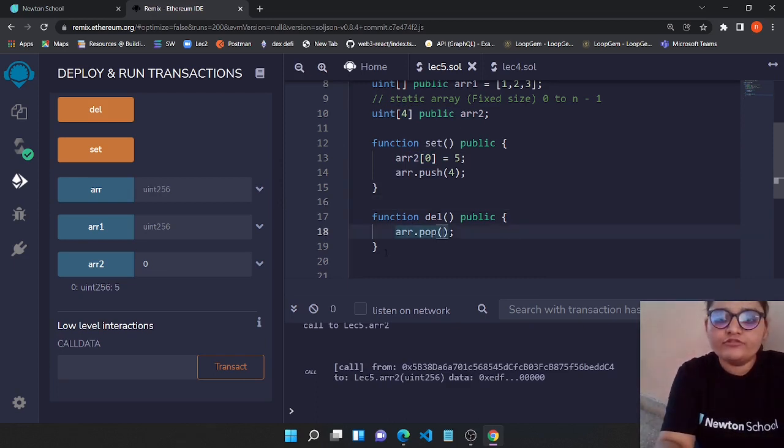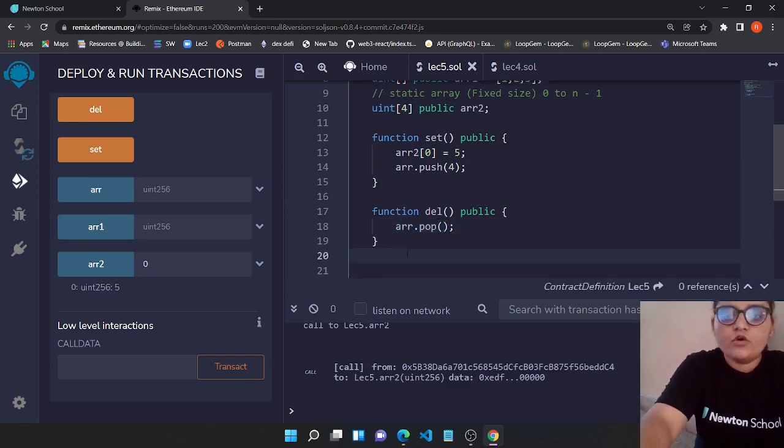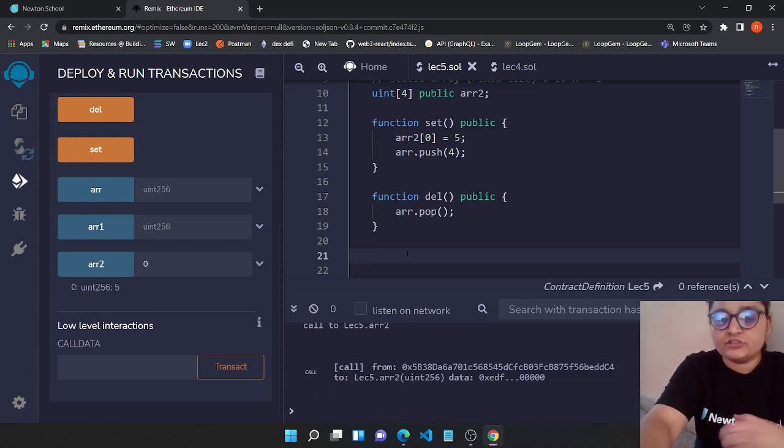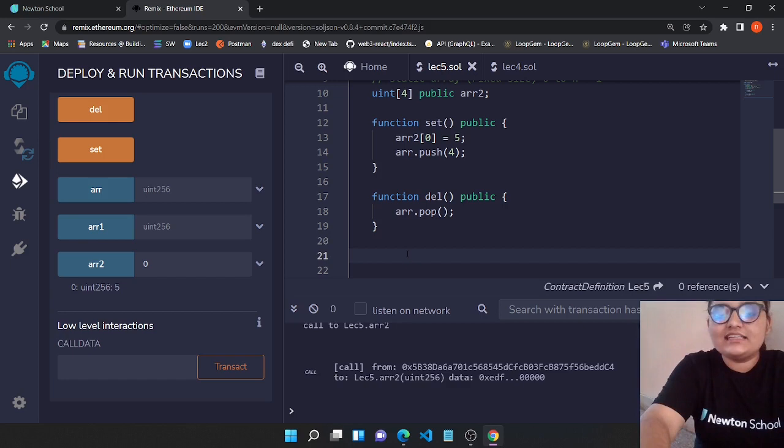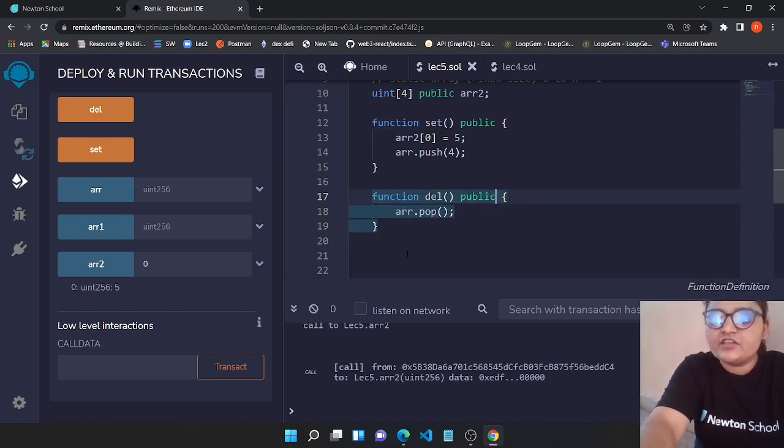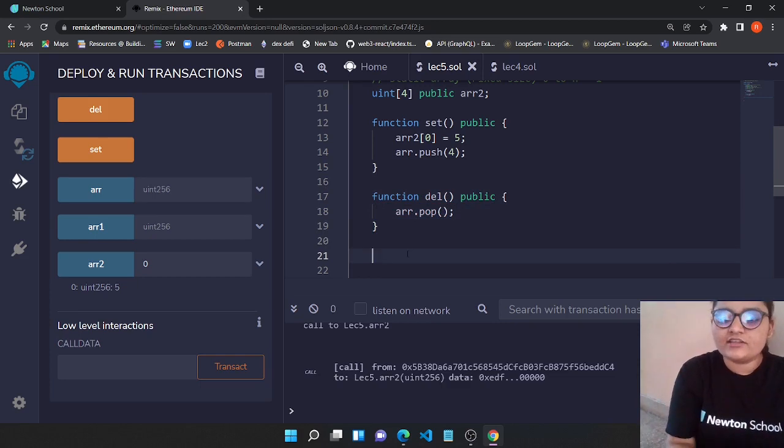Now we can move to the modifier part. Modifiers are special functions in Solidity, and they basically help you create your own modifiers. Like we have public modifiers, which help you access the function outside your contracts also.